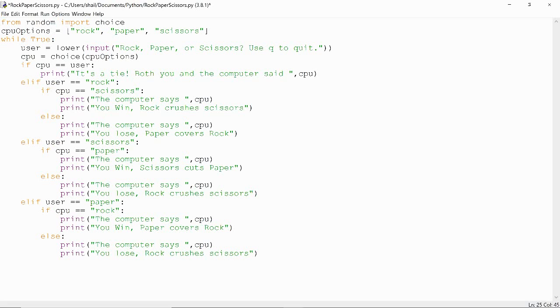And lastly, you would lose only if scissors cuts paper. And then lastly, I'm just gonna add an else statement just to print